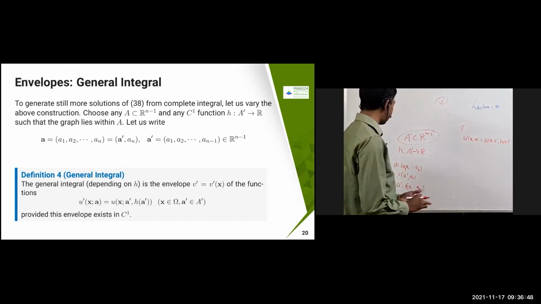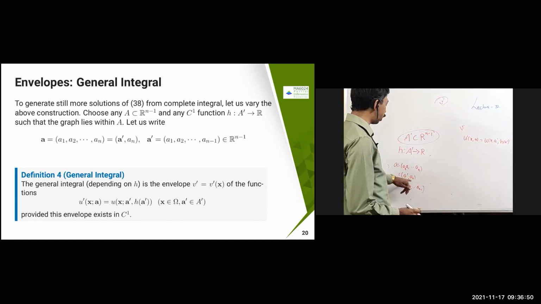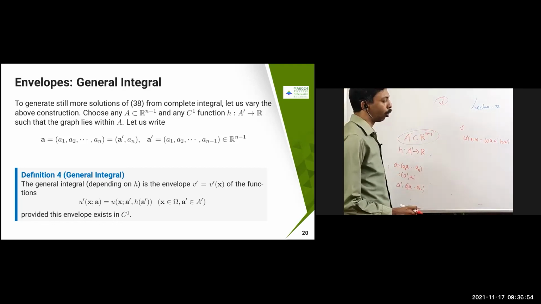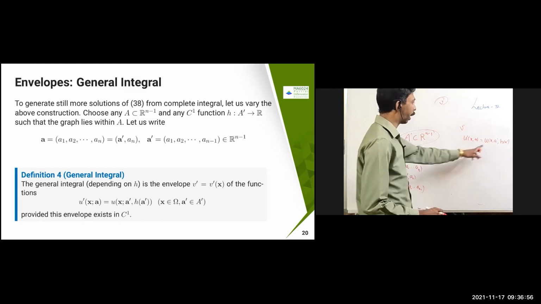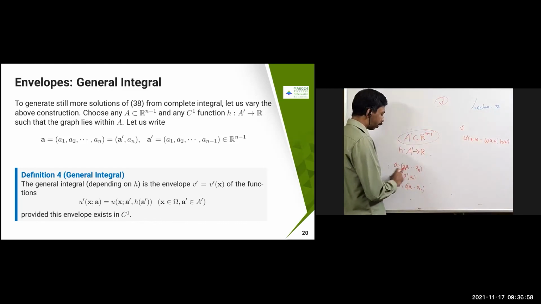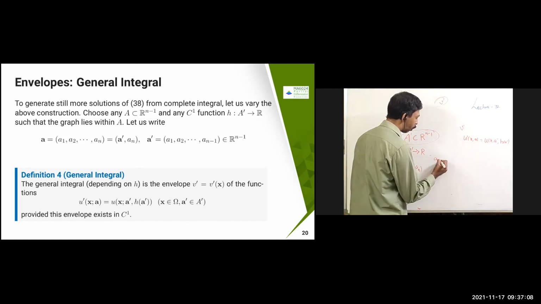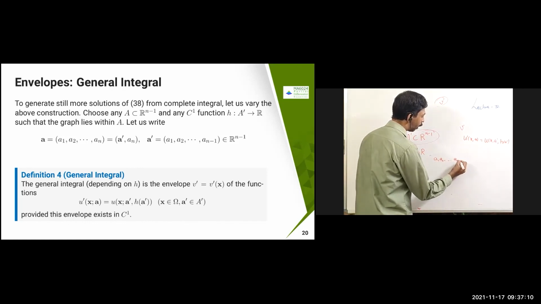So what is this kach of a dash going to be? Once again, you are going to eliminate this last one, a, and substitute over here. Okay, a dash comma kach of a dash, because if I put a equal to a1, a2 to a1, there will be a relation. So I have found a dash, so that there I'm going to find some relation such that this an is nothing but the mapping. Okay, because an is a1, a2 to an, etc.